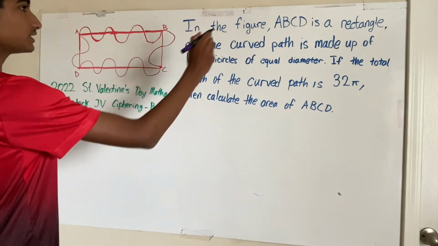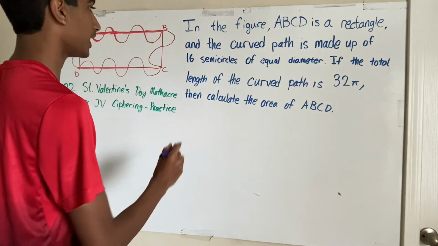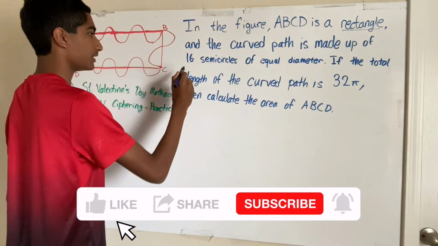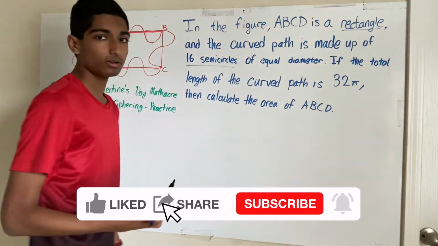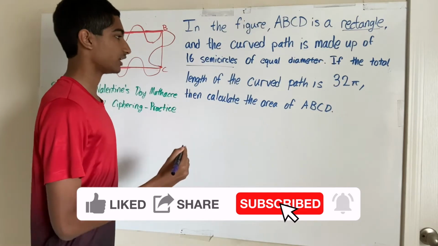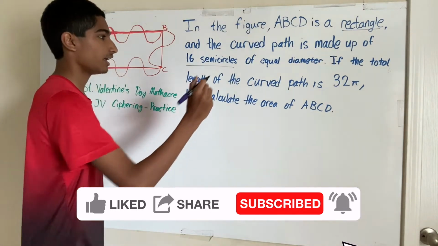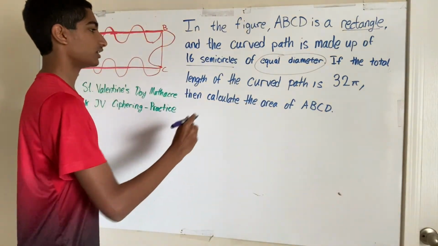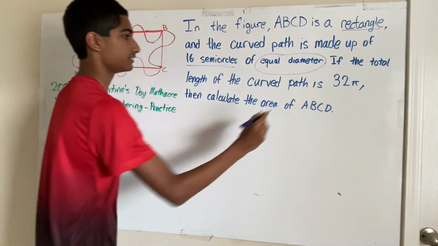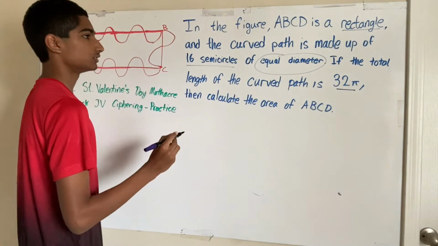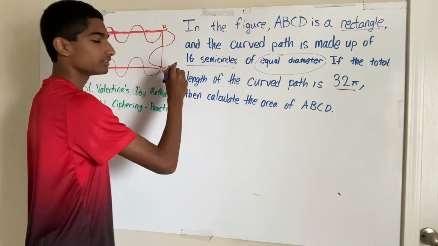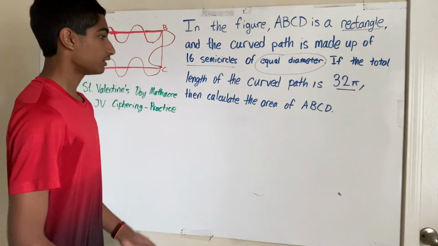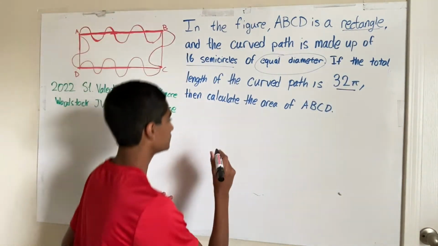So it says in the figure ABCD is a rectangle, and let's underline that. The curved path is made up of 16 semicircles of equal diameter. I always like to underline stuff as I read so that it's easier for me to understand. And the length of the curved path is 32 pi. We're given that the curved path is made up of 16 semicircles, and the curved path length is 32 pi. So the circumference of each semicircle